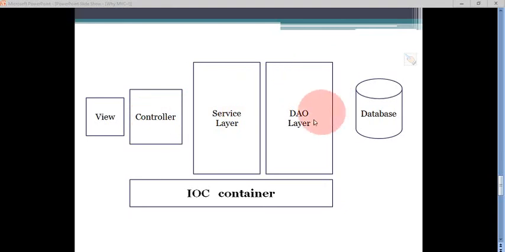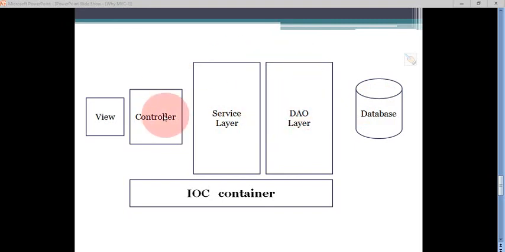Or if some database connectivity services are required by the controller, like CRUD responsibilities, create, read, update or delete, all these operations will be performed by this DAO layer. So whenever any CRUD services are required, the controller will take the help of the DAO layer.